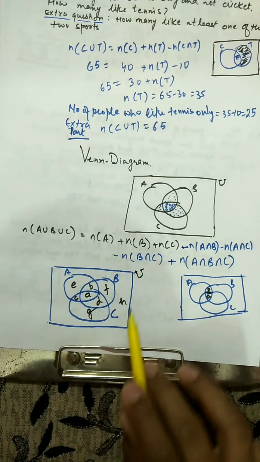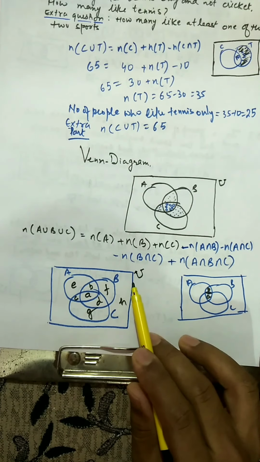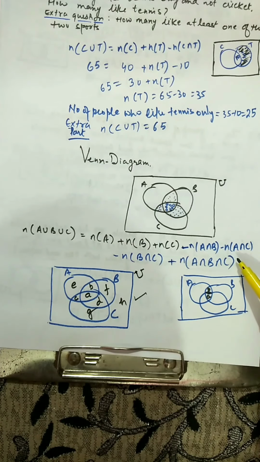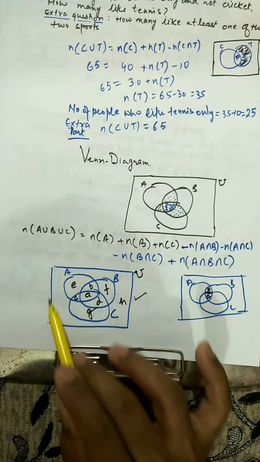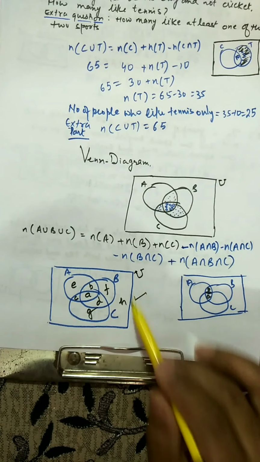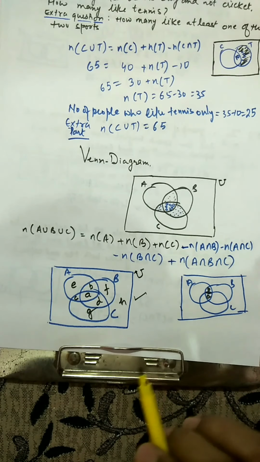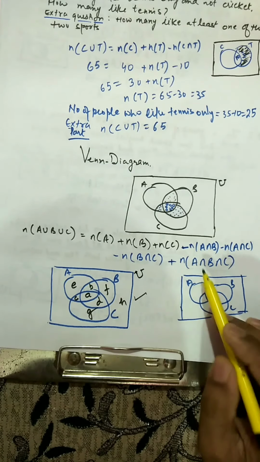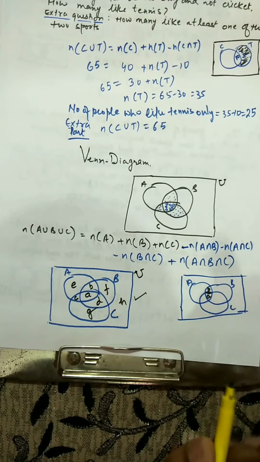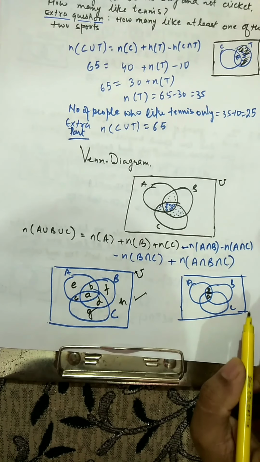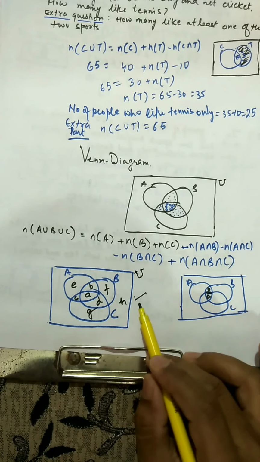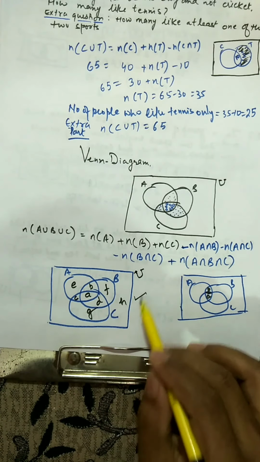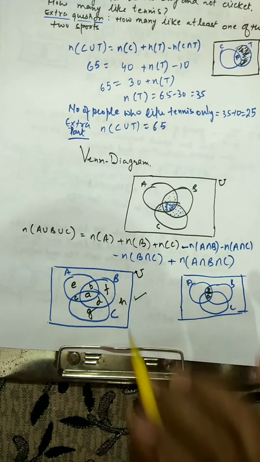So please keep this in mind, because the questions which are coming to us from the miscellaneous exercise, we are going to discuss with the help of this. We can use the formula also if you want, no issue, but this Venn diagram is made keeping in mind that your calculations should be lesser, and you should get the visualization of how the elements are represented differently in the universal set. Using this formula is not compulsory for the coming questions, but you can use it, no doubt. But we are going to discuss all the problems related to three sets under the universal set with the help of this Venn diagram.